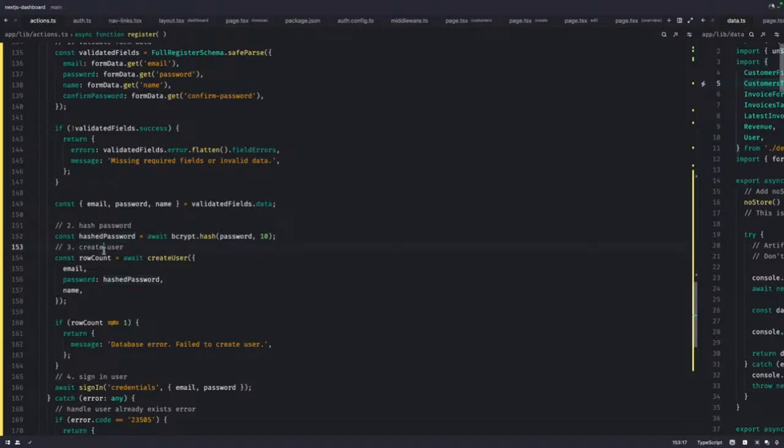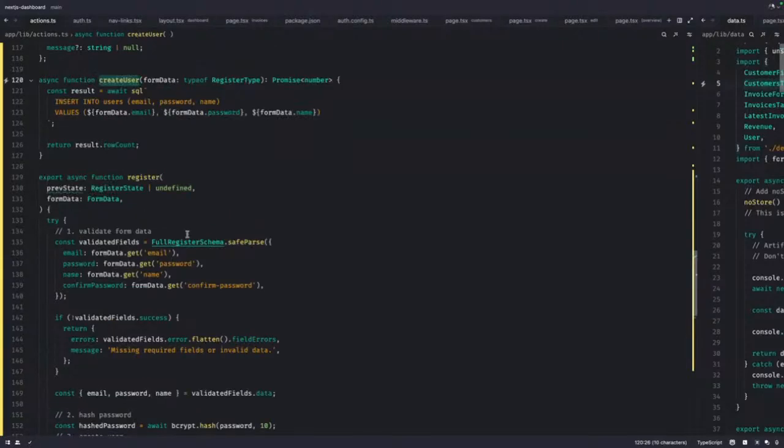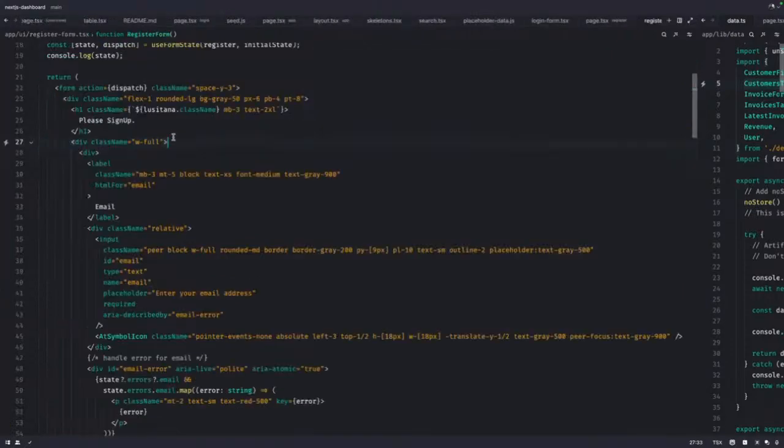Then we try to create the user. So we send a message to this create user. Again, this create user is another action that is happening. And what is this doing here? This is just inserting something into a SQL database, and is returning the result. And what is the result that is returning? It is returning result dot row count. And we know the result dot row count is, if one row was inserted, then it will return 1, right? So that means something was inserted, and if nothing was inserted, then we'll know that nothing was inserted.